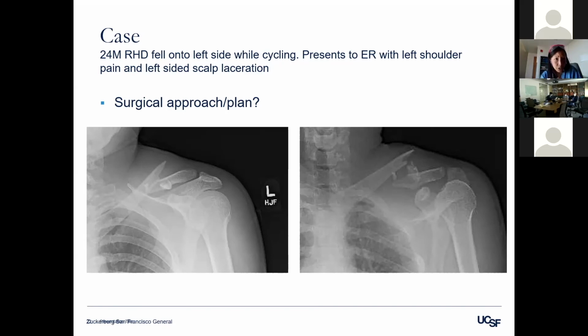It's less soft tissue dissection compared to the anterior plating. And yeah, so there's some thought that there's more risk to the surrounding neurovascular structures and lungs with superior plating. Anterior plating, you do have to take down some part of the anterior deltoid, and so some people don't really